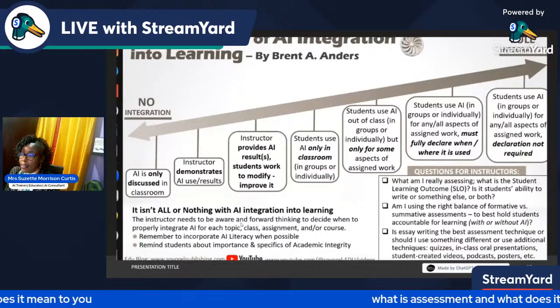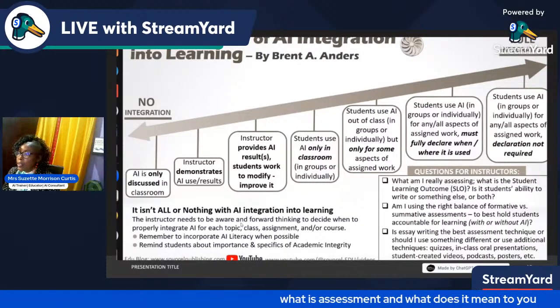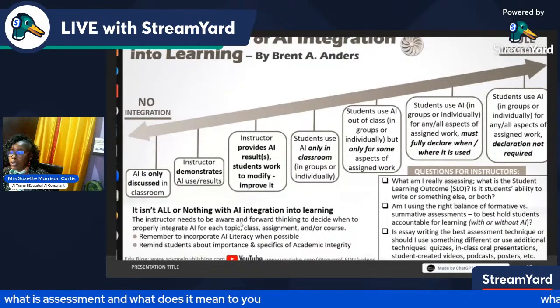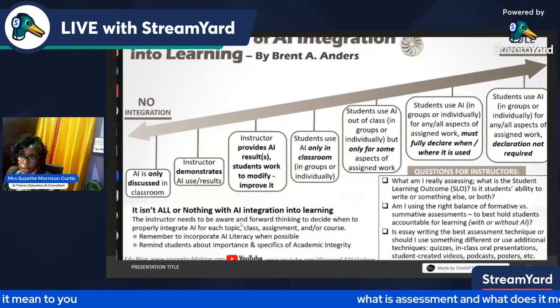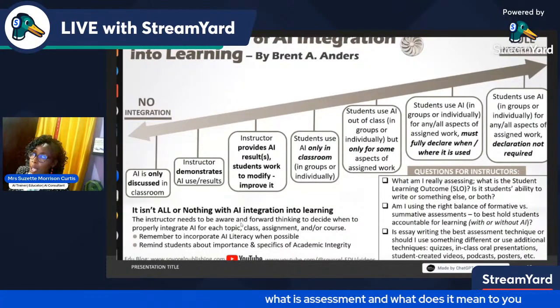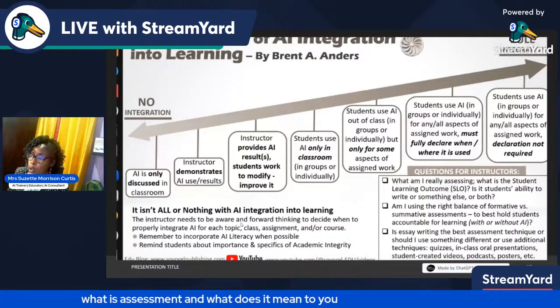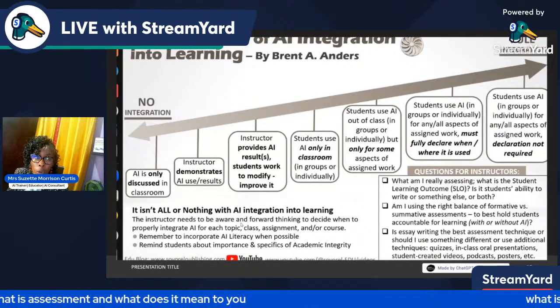Or is essay writing the best assessment technique, or should I use something different or additional techniques like quizzes in class, oral presentations, student-created videos, podcasts, posters, stuff like that? You have to ask yourself this question, because in the light of what is happening, you have to pivot and change how you're doing.